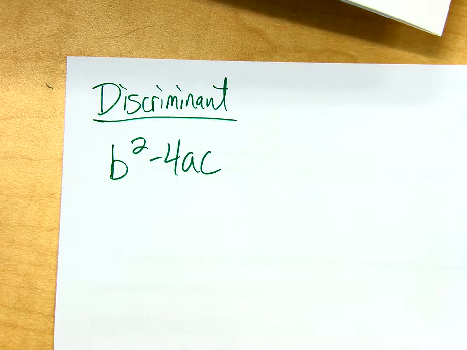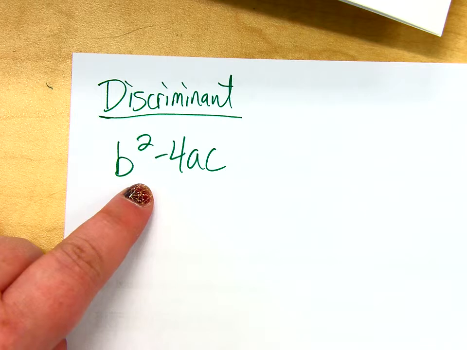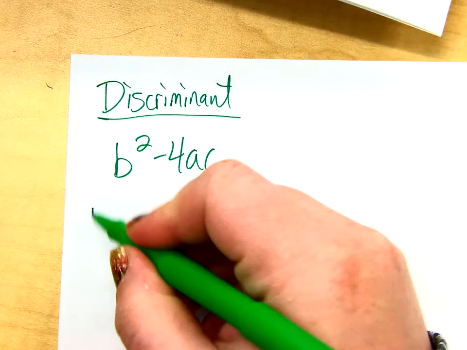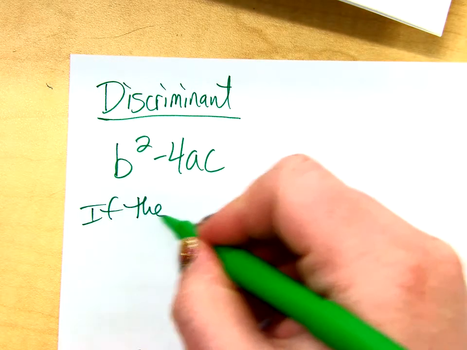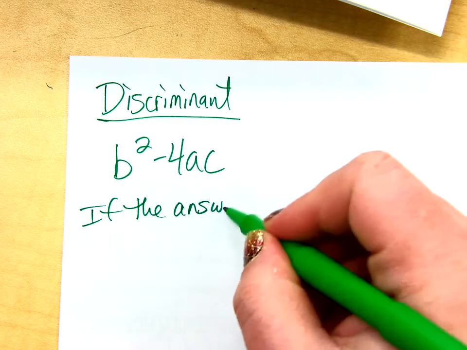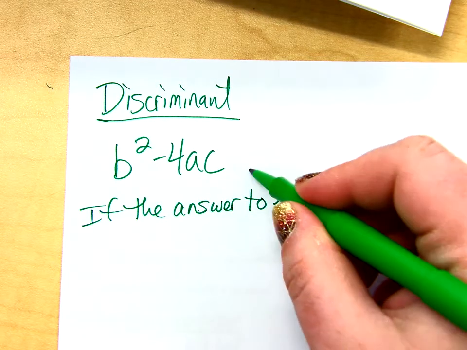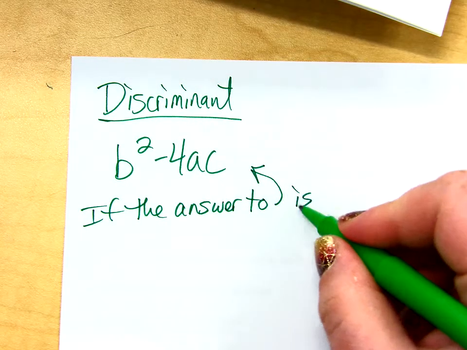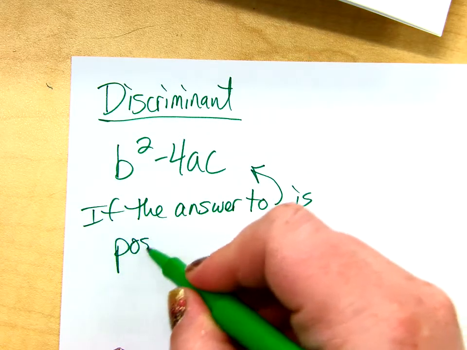When you do that math out, you're going to get some number. That number is called the discriminant. I don't really care what the number is. I actually care more about its sign. If I come out with some positive number after I do b squared minus 4ac, so if the answer to that, the discriminant, is positive,